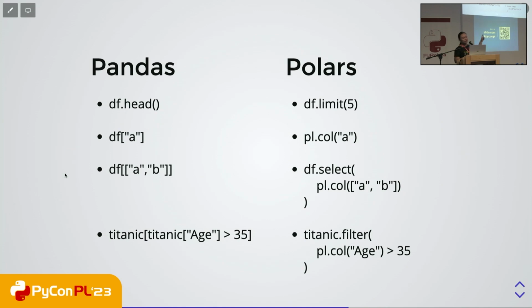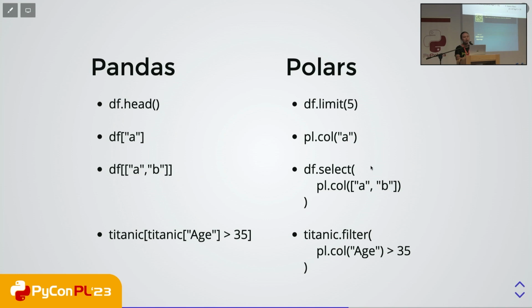But in Polars, it's less confusing in this way, because if you call a specific column... oh, by the way, in Pandas you can also do df dot the column name, but people don't like it because column names can have a space in it, and then it will not be okay with the Python syntax. So for Polars, you call pl.col, which gives you back a column by putting in a column name. You can also put in multiple columns in there as well, but this method is specifically only for